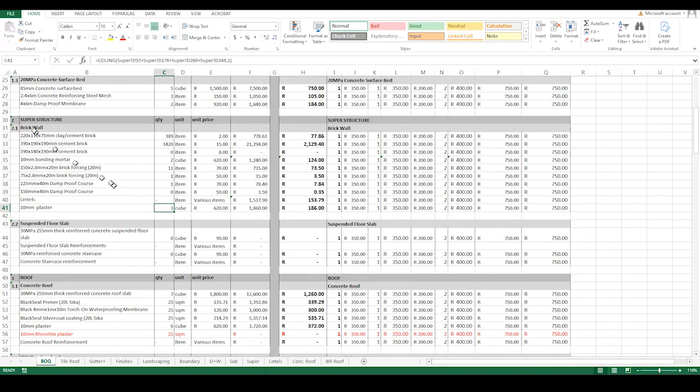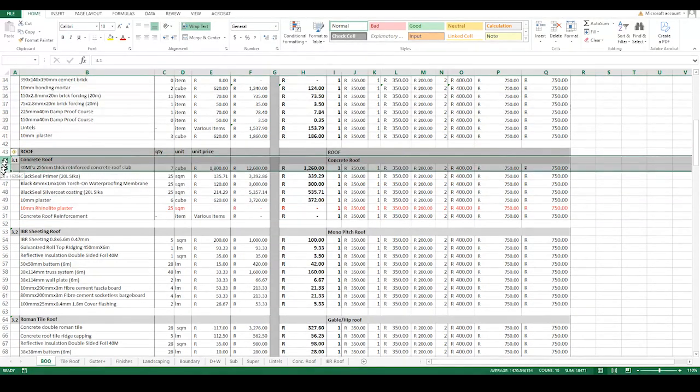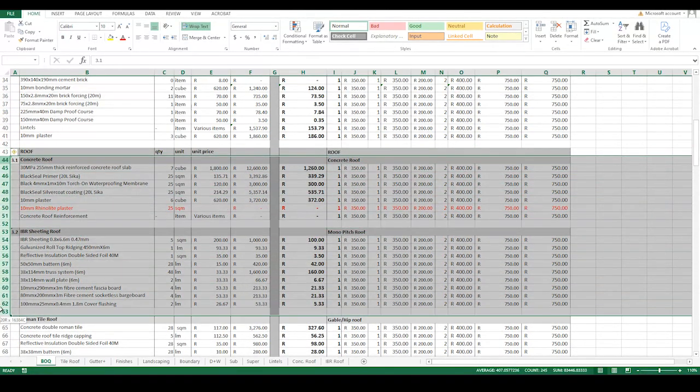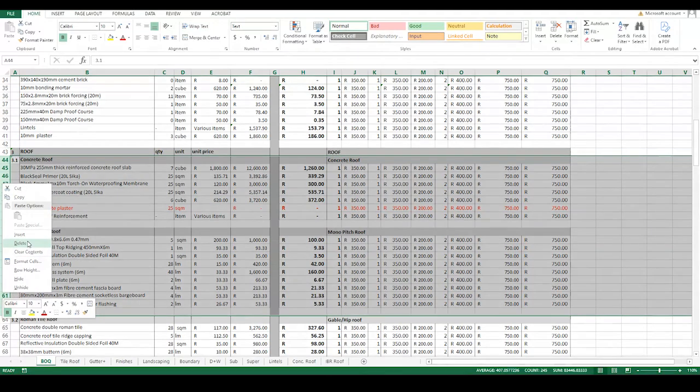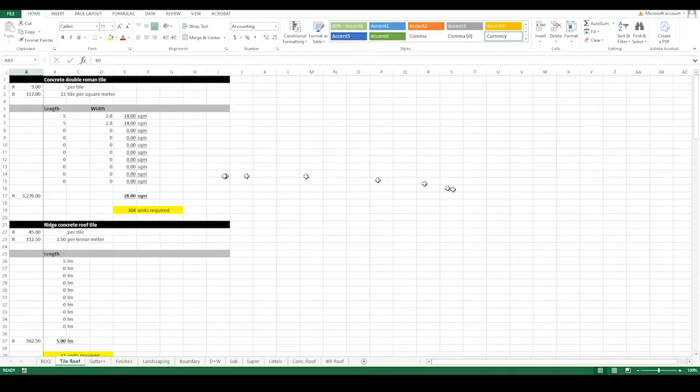So that means that when it comes to the superstructure, I can delete the suspended floor slab information right here, and I can delete the concrete roof and the IPR sheeting roof. Delete all of this, and I'm left with the Roman tile roof 3.1. So what we're going to be quantifying here is all of this information on the back end. So we're going to start at the top. Concrete double Roman tile. So I just need the square